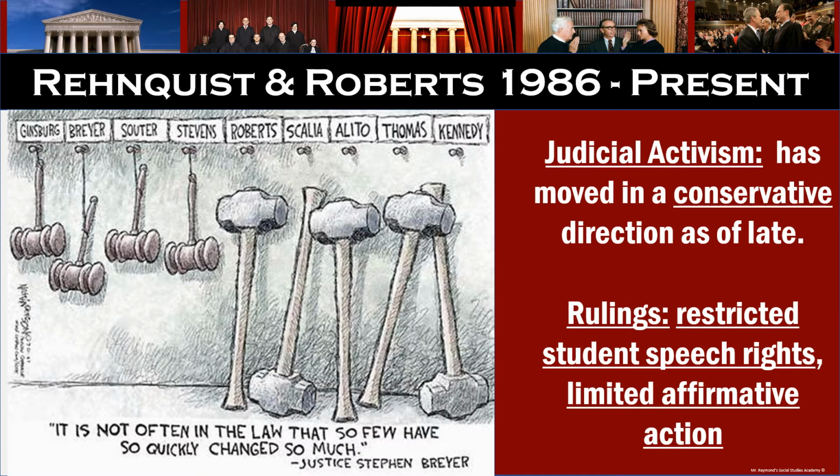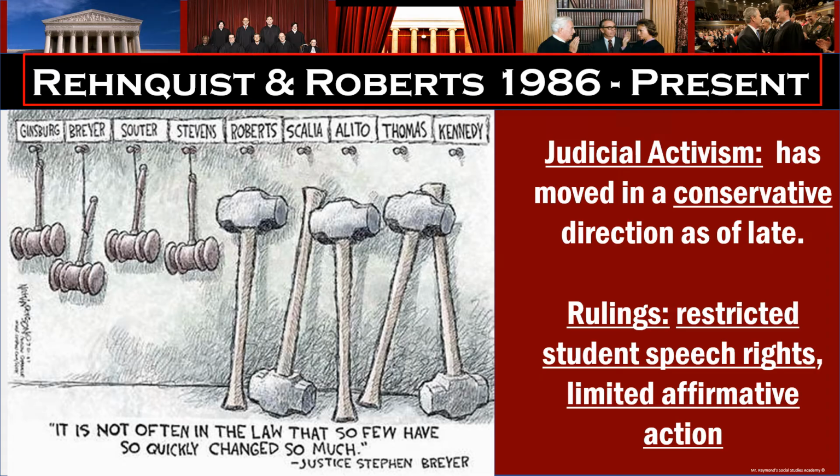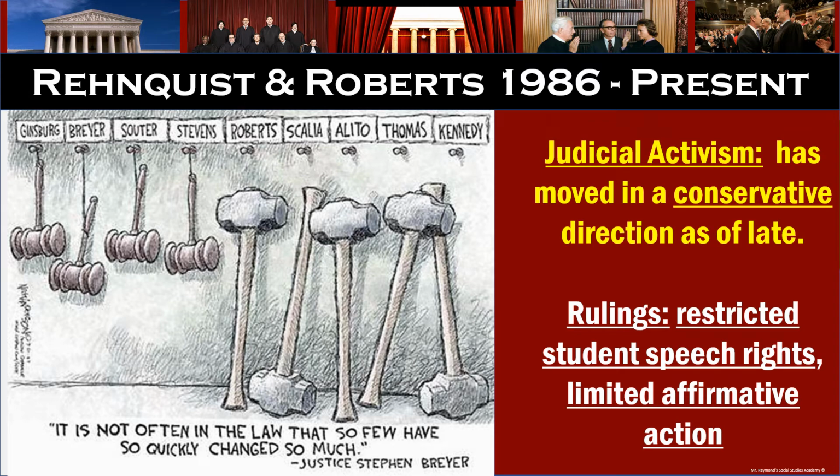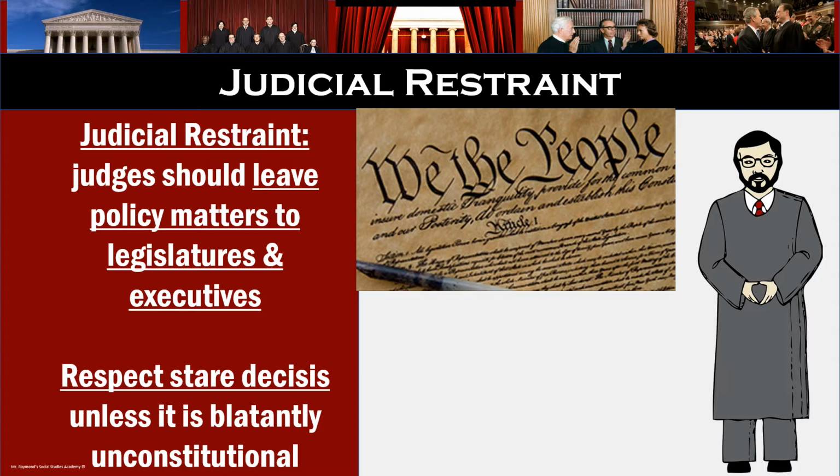history. Now, while the Warren Court is referred to as one of the most liberal courts in U.S. history, the Rehnquist Court from 1986 to 2005 was also very active in establishing precedents, albeit in a more conservative way, a tradition that continues under the Roberts Court today. Now, conservatives are not very often associated with the activist label, and some argue that these courts have been trying to reverse the activist policies of previous courts, which leads to our other philosophy, judicial restraint.